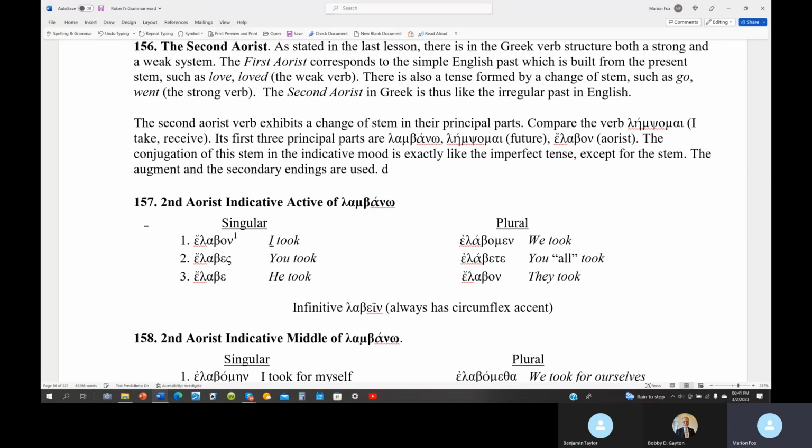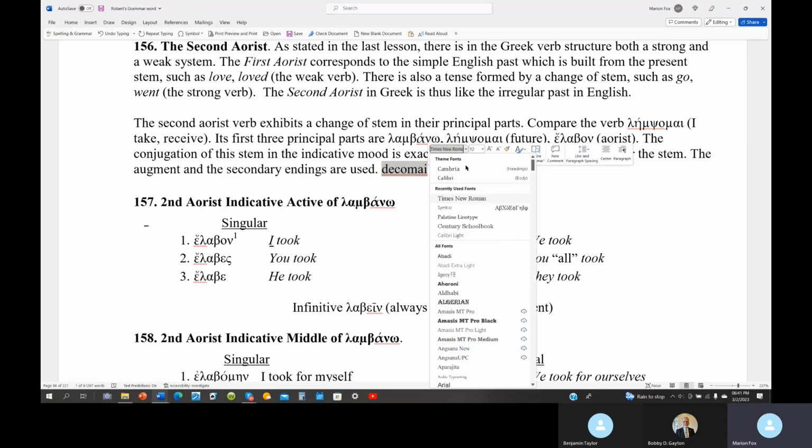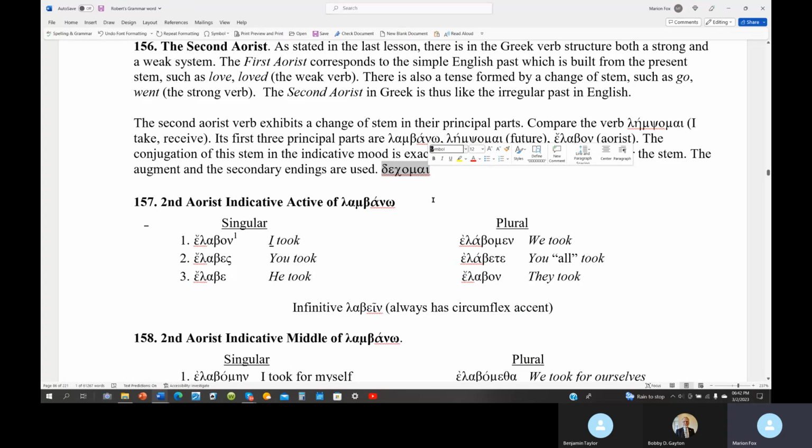We have another word, dechomai, and I'll put it in Greek for us. That'll be a symbol font, dechomai, and this is to welcome, but to take something as welcome, or to receive it as welcome. And so to receive something was a welcoming idea, whereas lambano is a self-prompted taking. That's what the authorities tell us, okay?